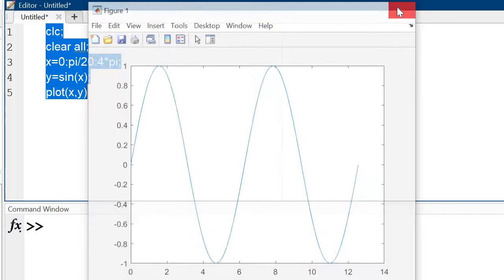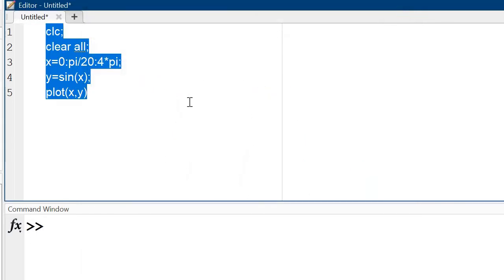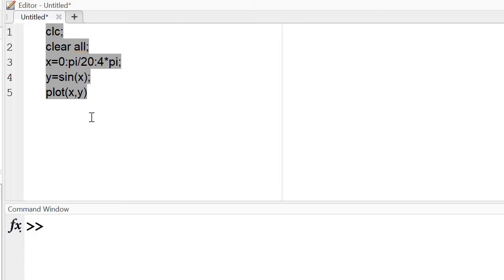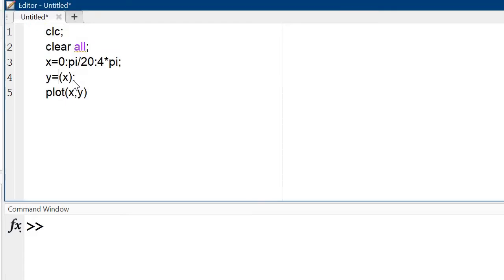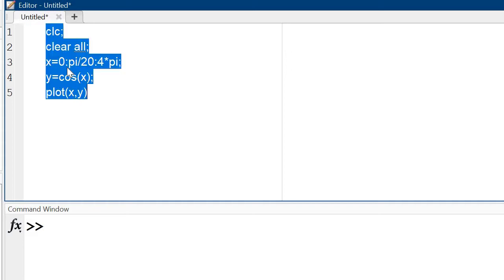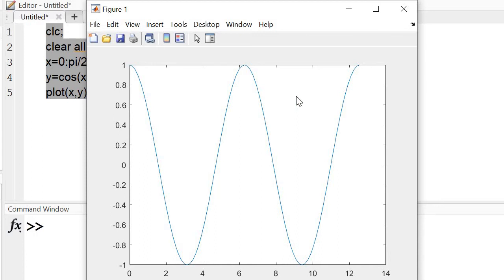If I want to change it, I can do it like that also. And if I want to change, this is like a cos function. This is our cos function.